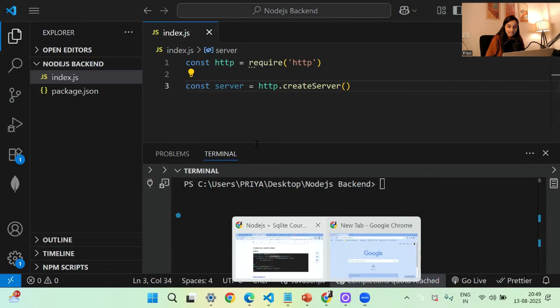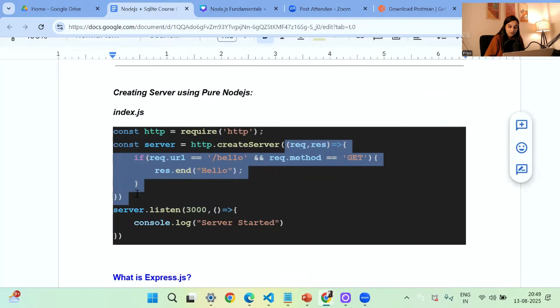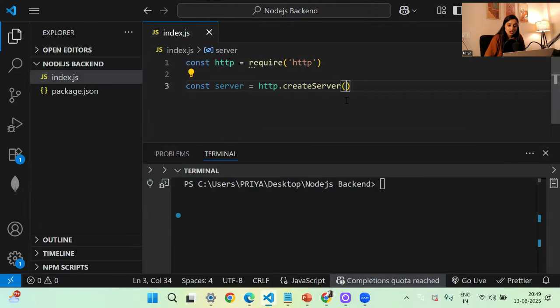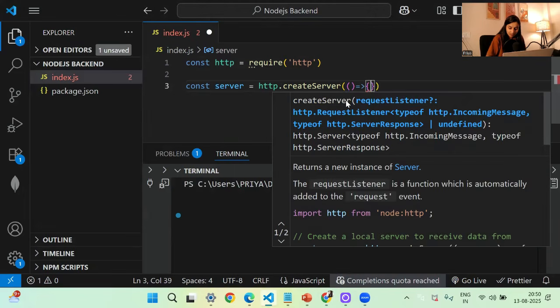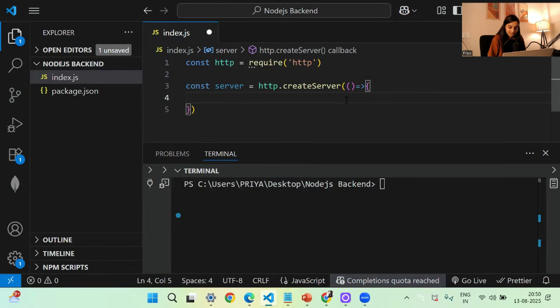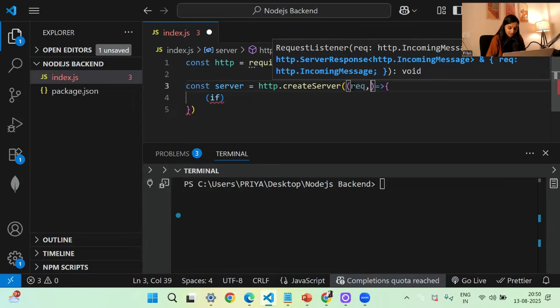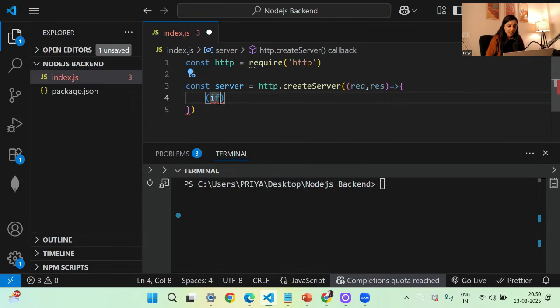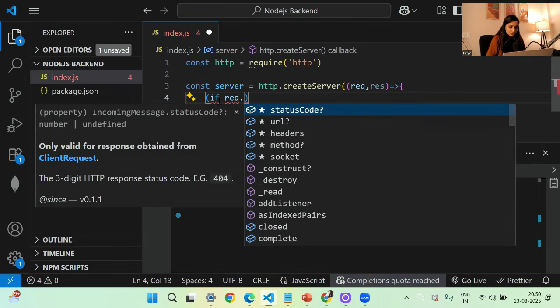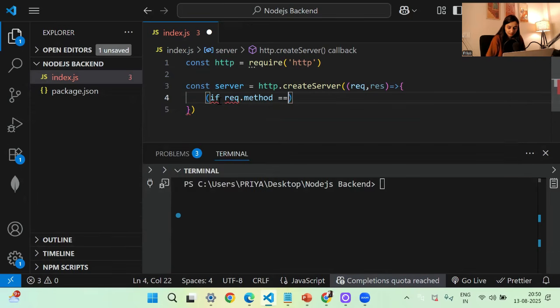Now this createServer method will accept one function. Inside this function, we will handle our HTTP request. We will check what is the request URL, what is the request method, and accordingly we will send the response. So let's continue our code. Now inside this createServer, we will pass one arrow function. And inside this arrow function, I will write if. First, we will define the two parameters, request and response. If request.method is equal to